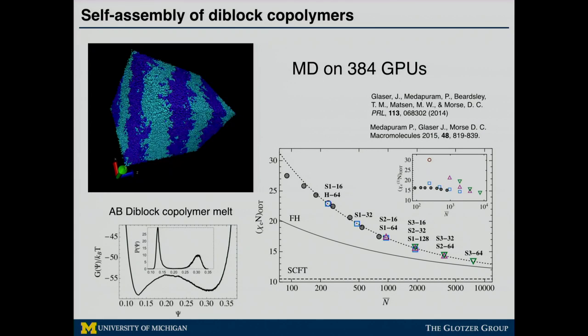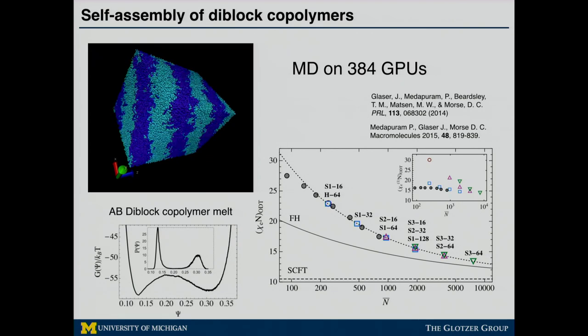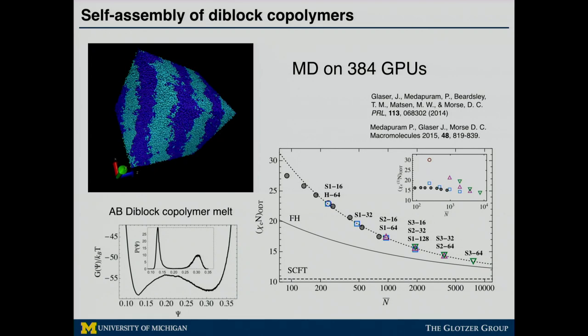And this study was all about finding the phase transition temperature for different kinds of chain models and different chain lengths. We find a universal dependence of the transition point on the invariant chain length. And this study actually required us to do massively parallel simulations on hundreds of GPUs